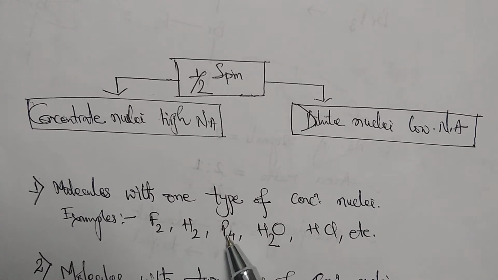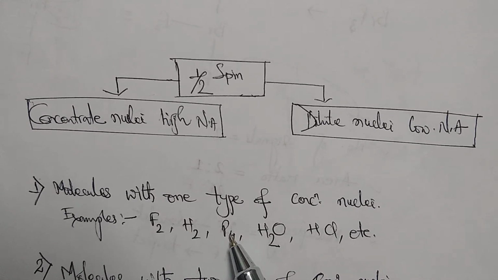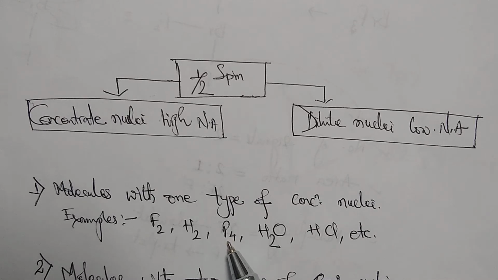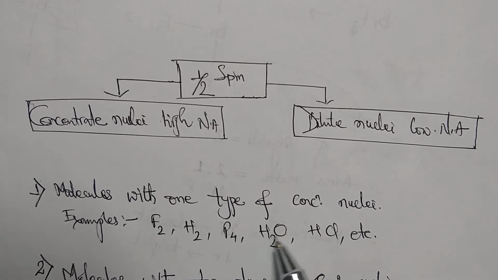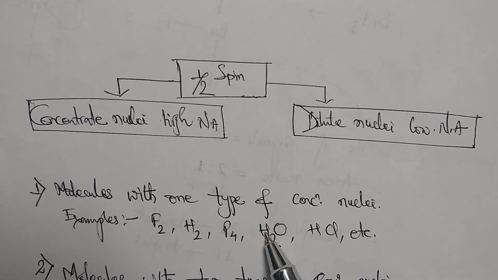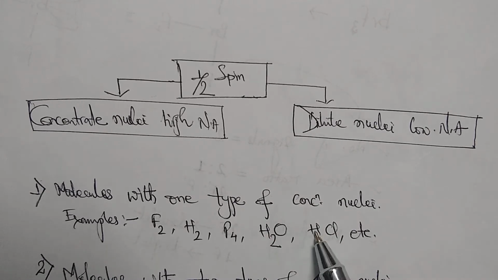Here also, in case of P4, phosphorus-31 has a natural abundance of 100%. Similarly, in the case of H2O, the proton which is responsible for NMR activity has 100% abundance. Here also the hydrogen, that is the proton, will show the